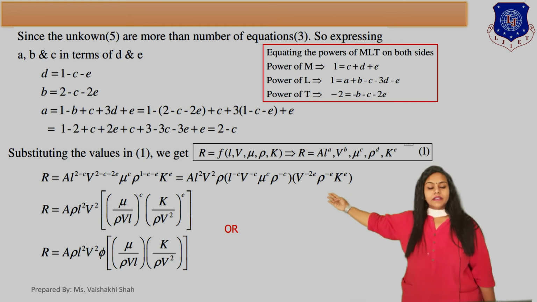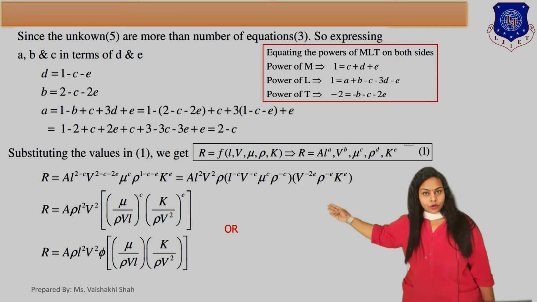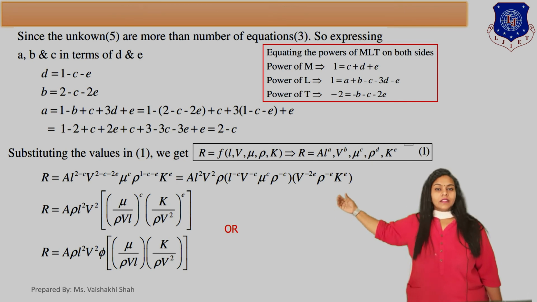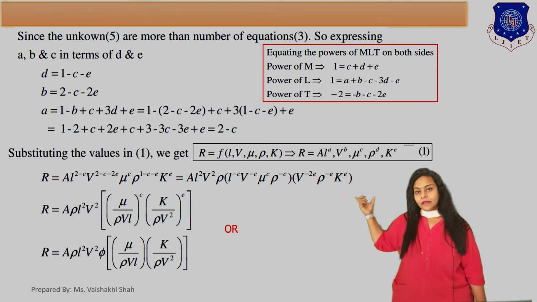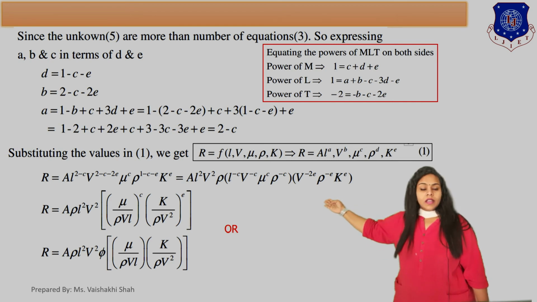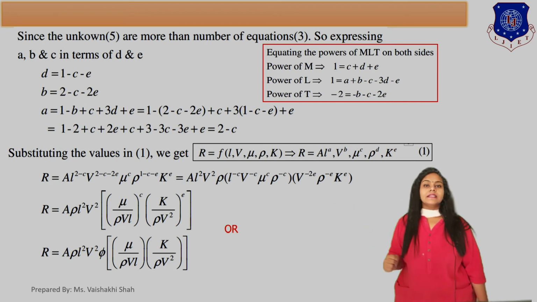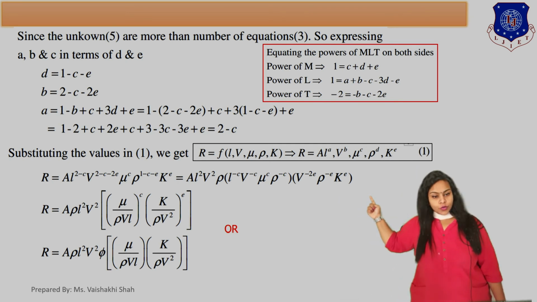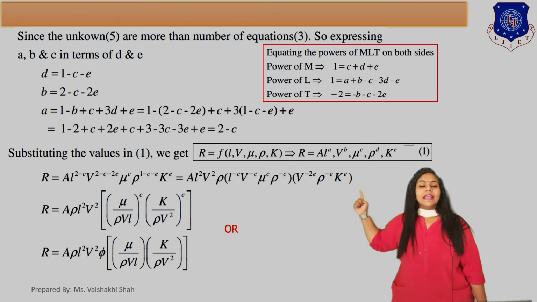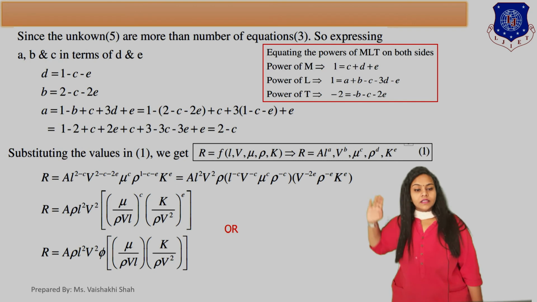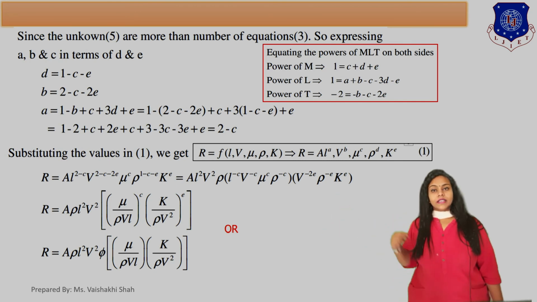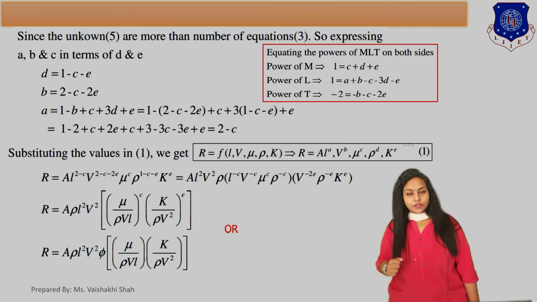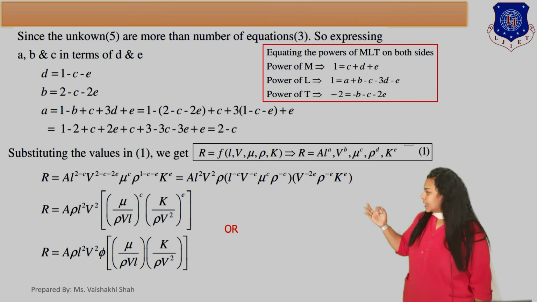So your equation can be written as A, L square, V square into rho, L raised to minus C. The same powers you can write in a bracket: L raised to minus C, V raised to minus C, mu raised to C and rho raised to minus C, and V raised to minus 2E, rho raised to minus E, K raised to E. Clear? Now, by simplifying this equation,